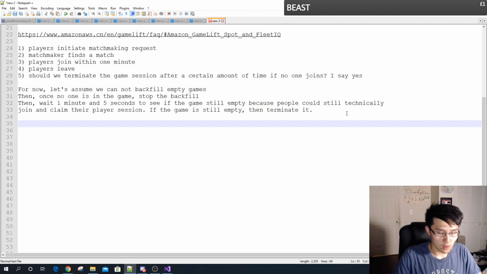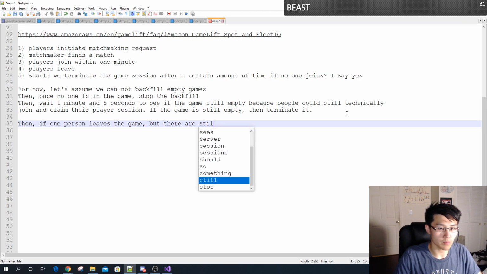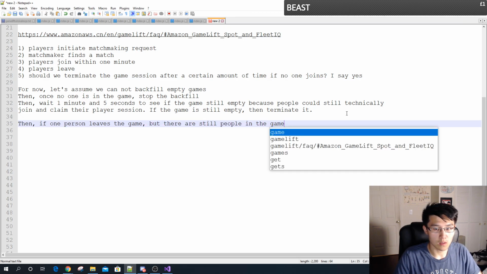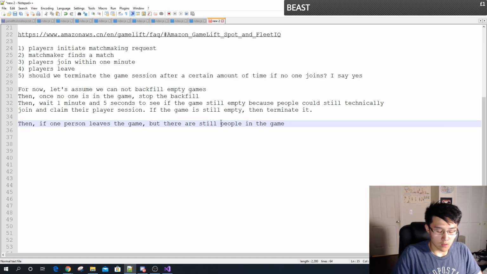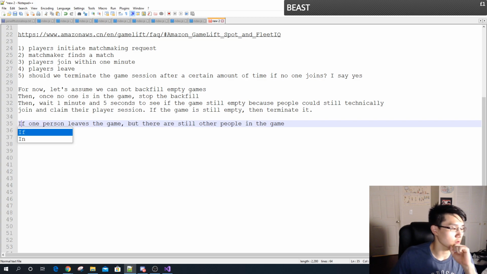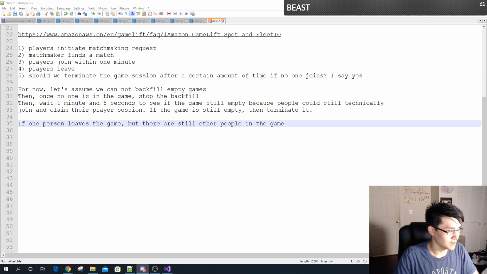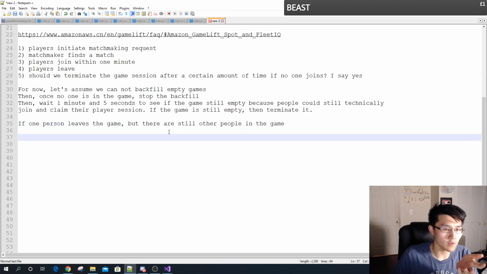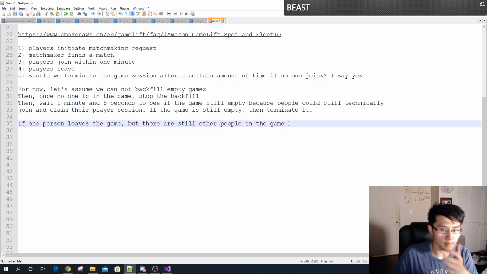Then if one person leaves the game, but there are still people in the game, yeah, we're kind of just mapping out different scenarios. So if one person leaves the game, but there's still other people in the game,